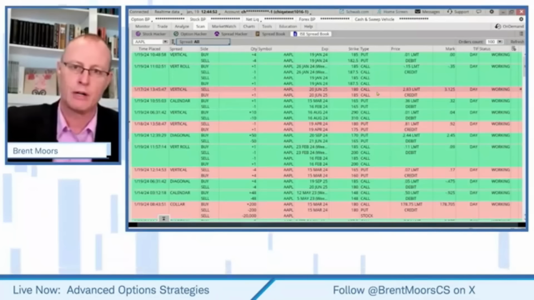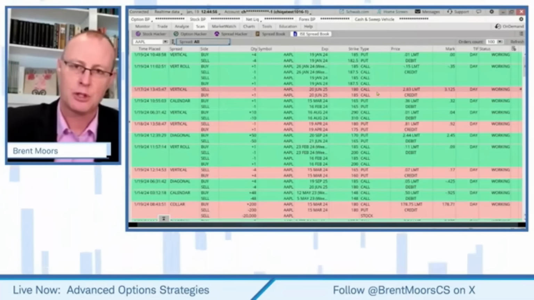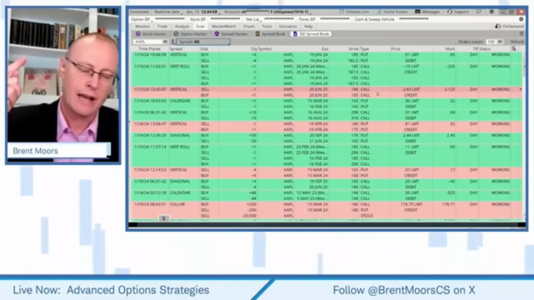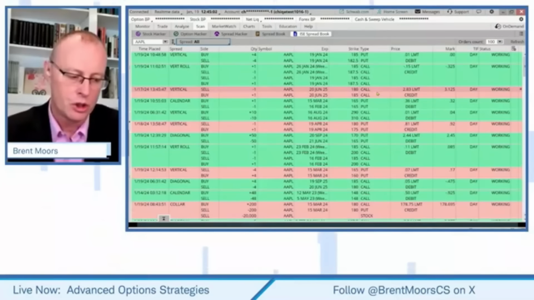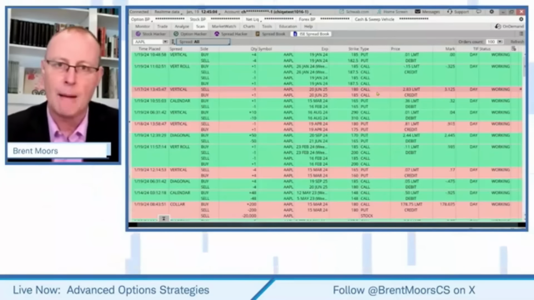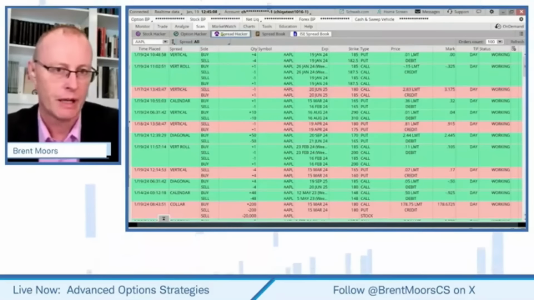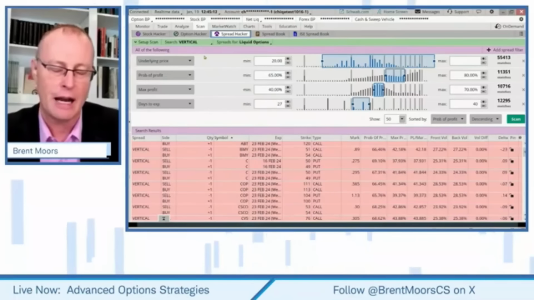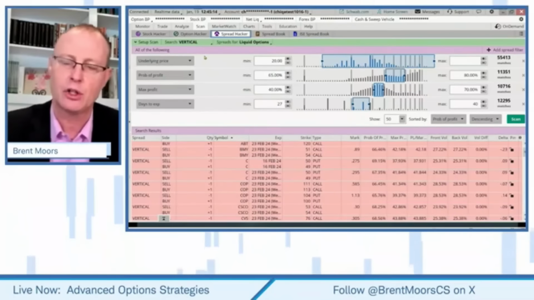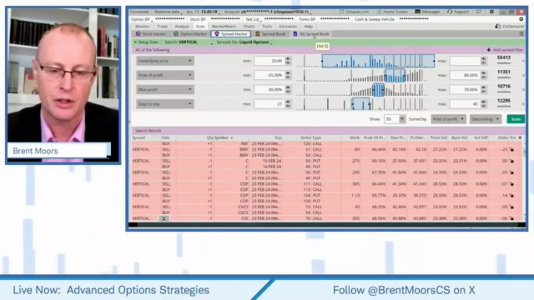The first one, create a general watch list through a scan of liquid options and just scroll through it. The second one, create a specific scan for bullish or bearish or neutral. We showed you how to do that. Third one, use that spread hacker. I showed you a sample spread hacker for a vertical spread. And the fourth one, see what types of trades other people are doing here on this spread book.